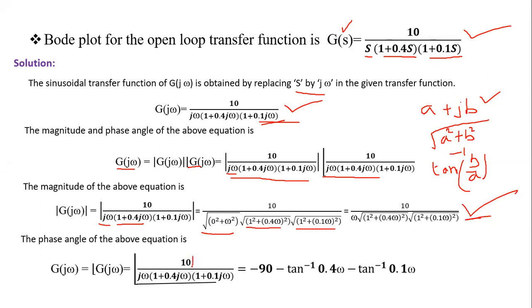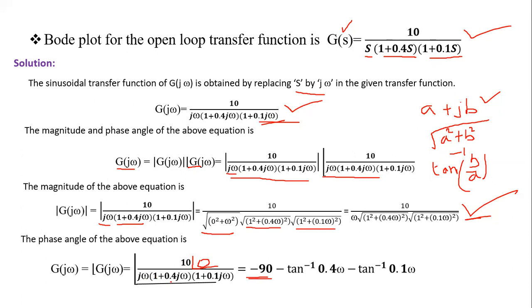If you observe here, 10 only magnitude is there, that means 10 angle of 0. You can neglect this one. And coming to the j omega, tan inverse of imaginary by real. Here we are having real as 0, so tan inverse of omega by 0, that means infinity. We can write it as 90. So if you shift to the numerator, it will come as minus 90.